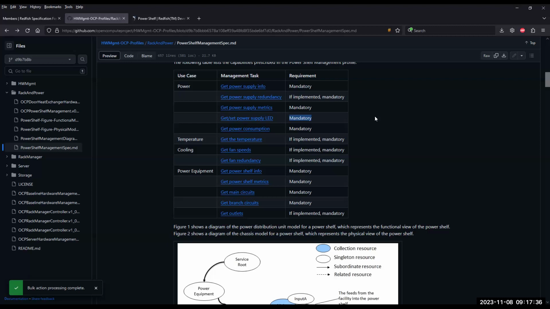Because the goal is that anyone who builds a PowerShelf that has a management interface be able to run this profile and pass all these requirements. Yeah, that's true. I come from a world where every power supply has an indicator LED. If folks have products that don't have an indicator LED, we don't want to put that in the profile if that would mean you would not pass conformance just because you don't have a blinky light.